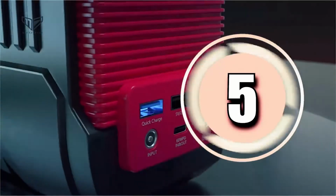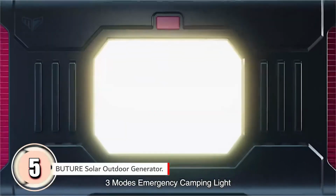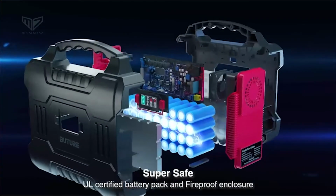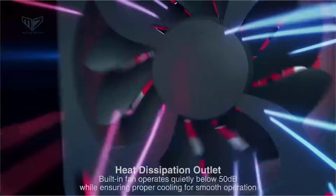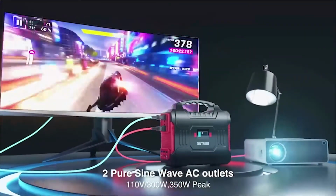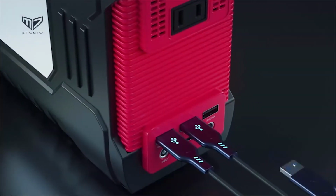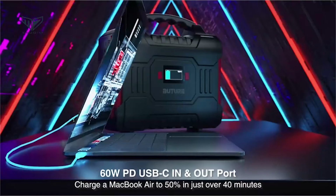In the 5th position we have the Bluetti Solar Outdoor Generator. If you enjoy tent camping, or even just like to retreat occasionally to a cabin in the woods, having a reliable portable solar generator is a must. This generator from Bluetti is capable of producing 300 watts with a peak surge power of 300 watts, and the lithium battery provides a storage capacity of